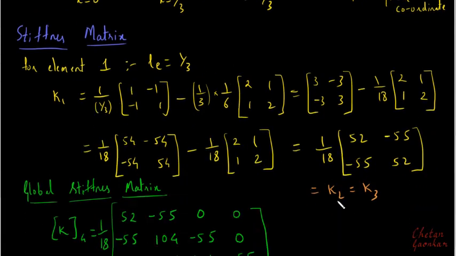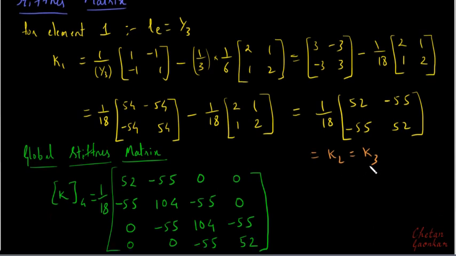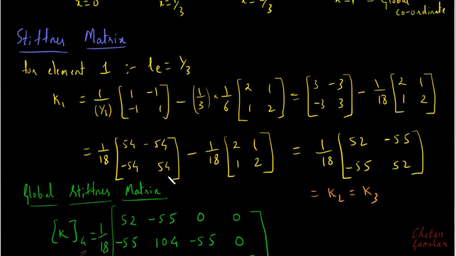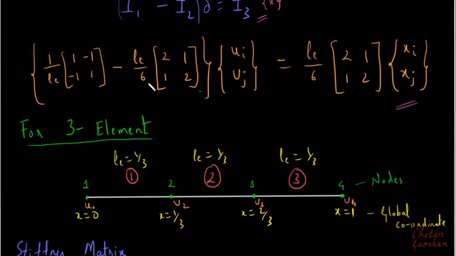I will get k1, k2, k3, and we had seen in detail last time how to assemble this k1, k2, k3 matrix to obtain the global stiffness matrix. So this will take care of the global stiffness matrix. By the way, we had seen that this is nothing but the finite element equation which we want. This is the finite element equation for our given problem.